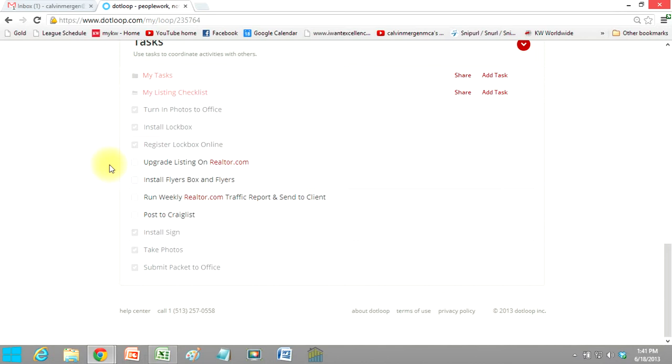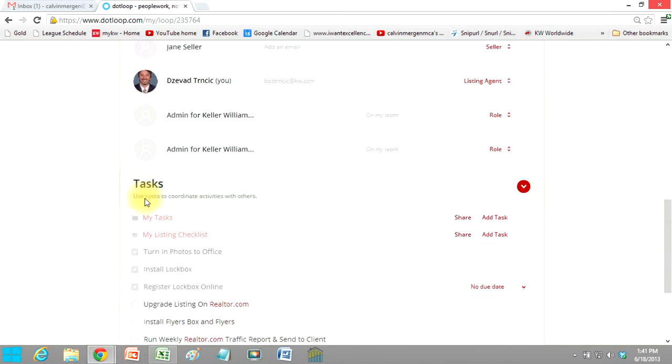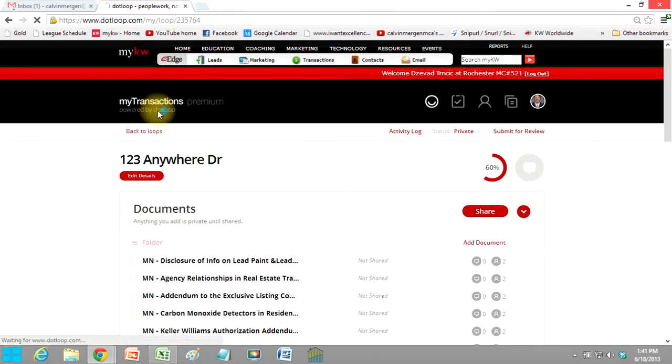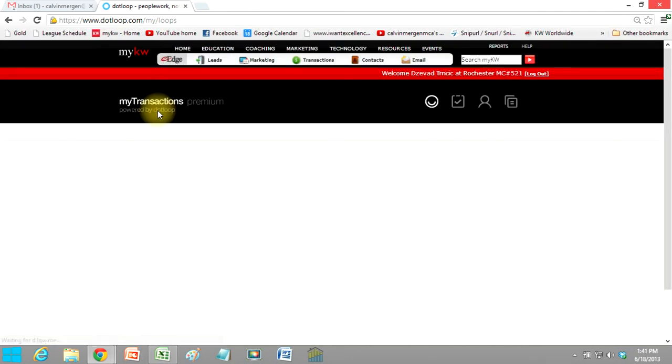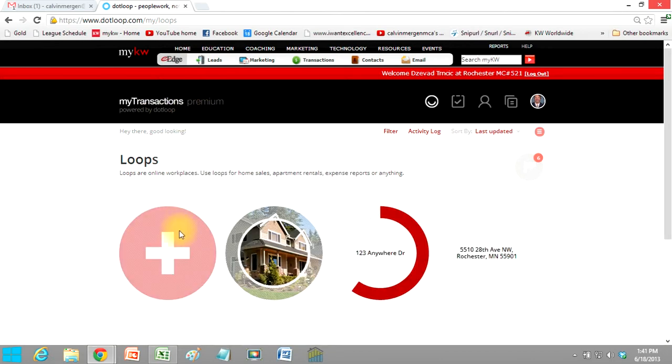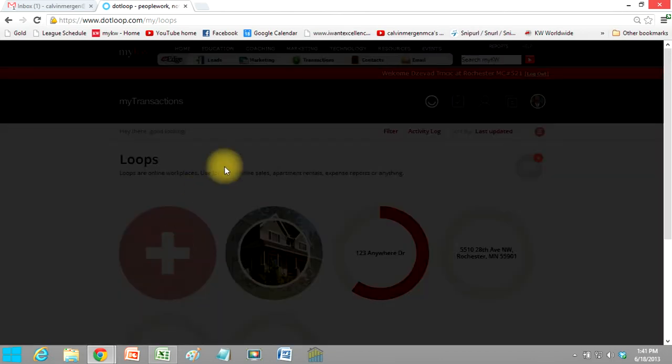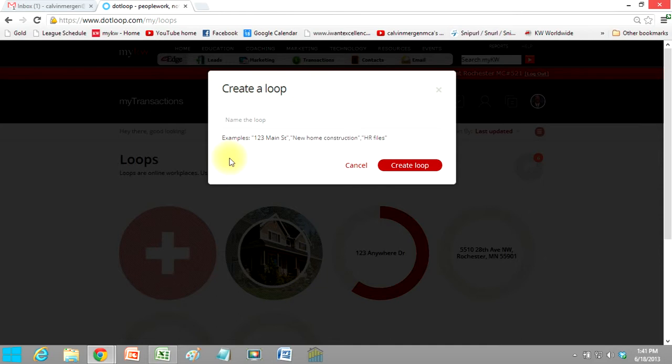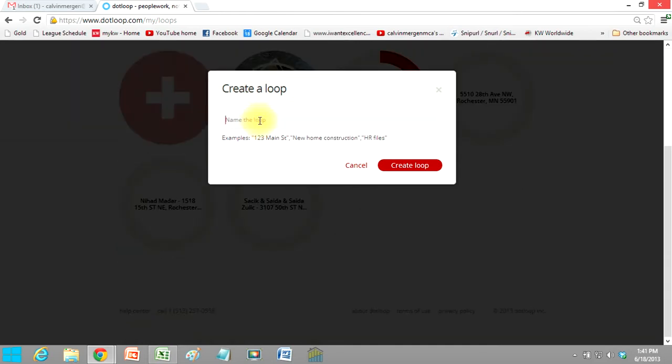You just say load my listing checklist for this listing, and you can do the same thing for transactions. Here is a quick way to create your task lists. So from the home, you're basically going to start a transaction. We're just going to do a dummy transaction here, and we're going to create that task list. So we're going to click the plus sign, and we are just going to call this list My Task List. So create the loop,